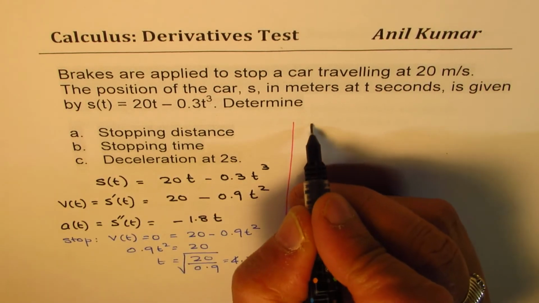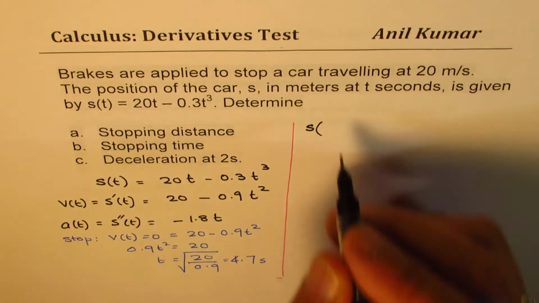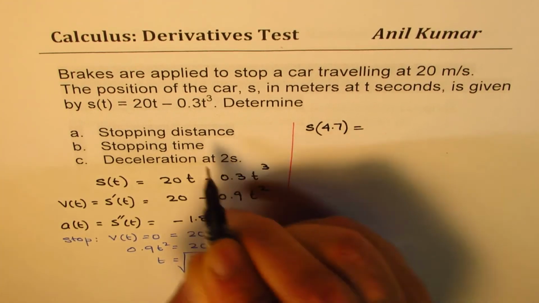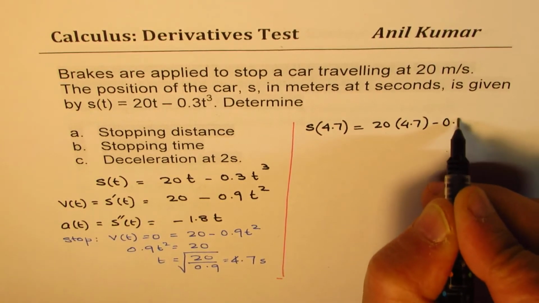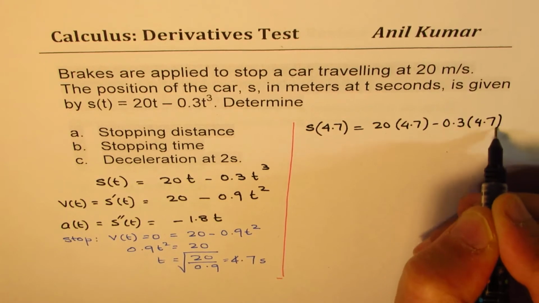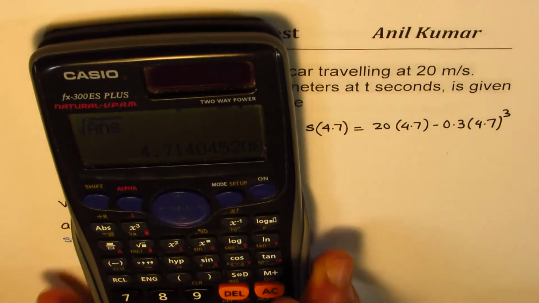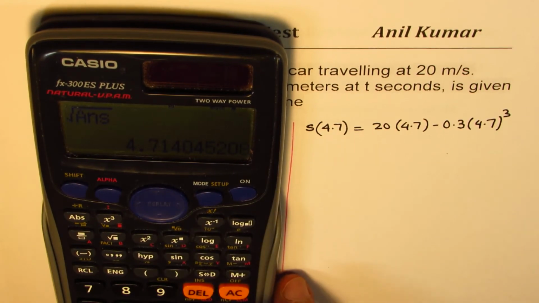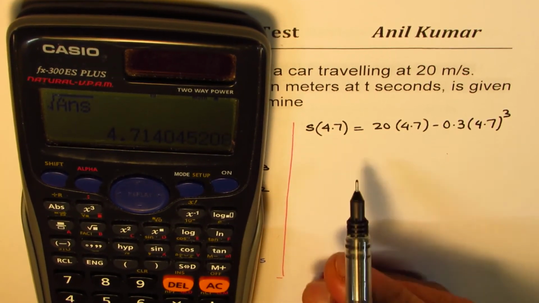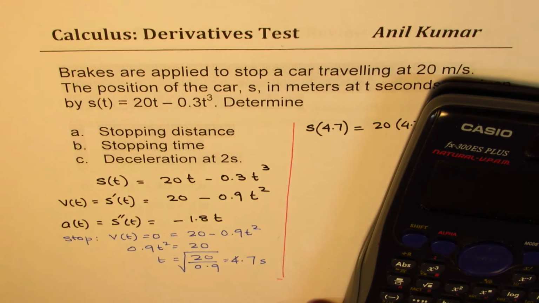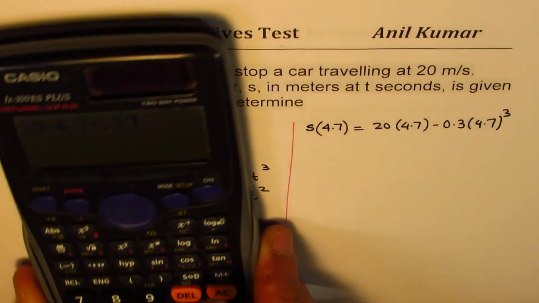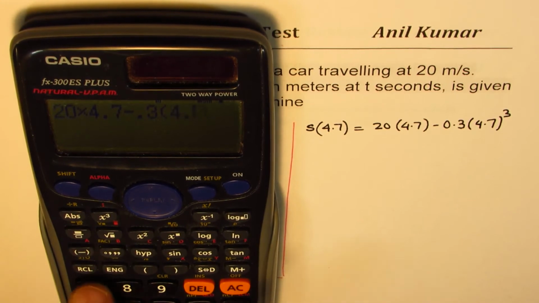So stopping distance will be the distance when time is 4.7. So we'll just put 4.7 and then get the answer. So 20 times 4.7 minus 0.3 times 4.7 cube. While using a calculator, you could have used 4.714 also, right? Anyway, we'll approximate. So what we have here is 20 times 4.7 minus 0.3 times 4.7 cube,